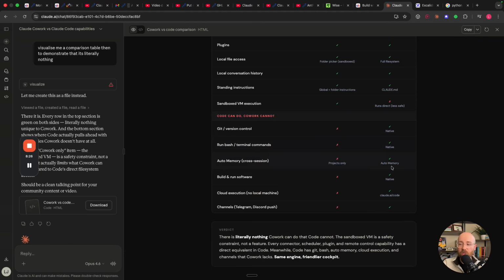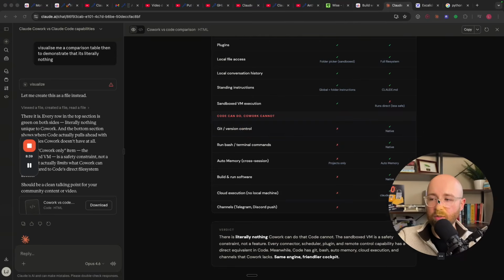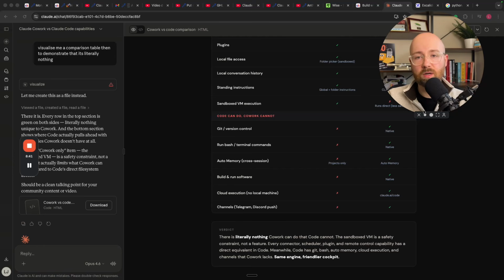Well, a bunch of reasons, in my opinion. Some of which are Git version control. Think of Git like Google Docs for Code. Everything that you see on a computer all the time is code. So you want to store what the code is so that you can get it to be repeatable. Running bash and terminal commands. What does this mean? Allows your computer to run code, to run packages, to download stuff, which you can't with